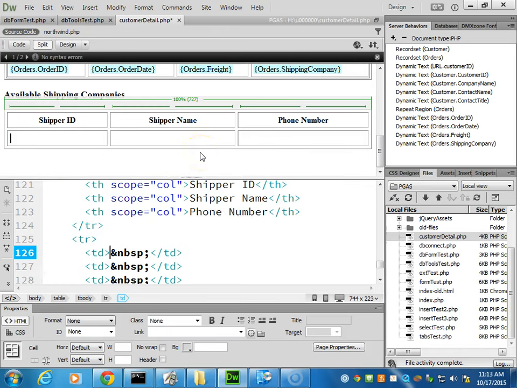Okay, so to create the record set for this, since we're going to have to use the crosslink table and an inner join to make sure that we only get the shippers that belong to this particular customer, we're going to have to use the advanced dialog, the advanced version of the record set creation, in order to set this up. So one of the things we're going to need to know for that is the name of our variable